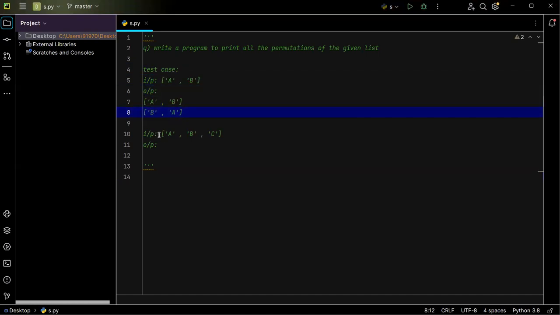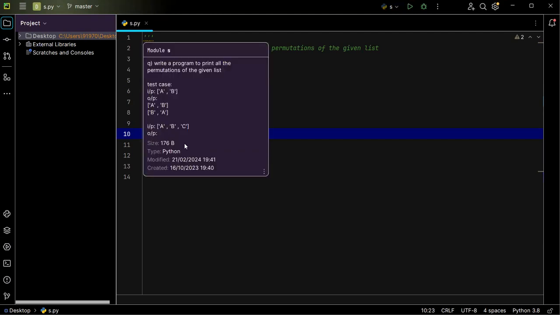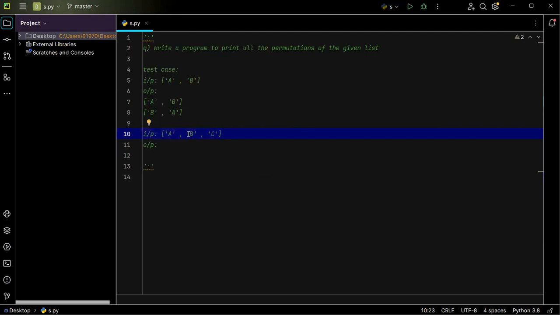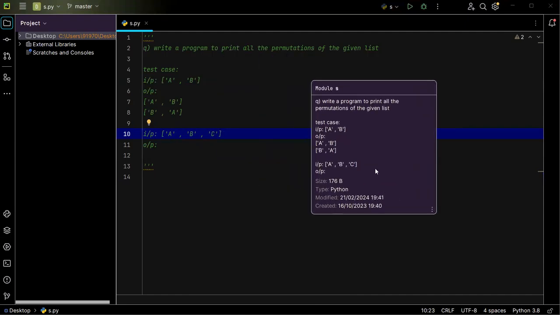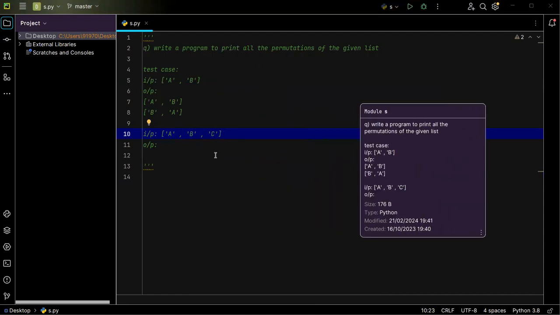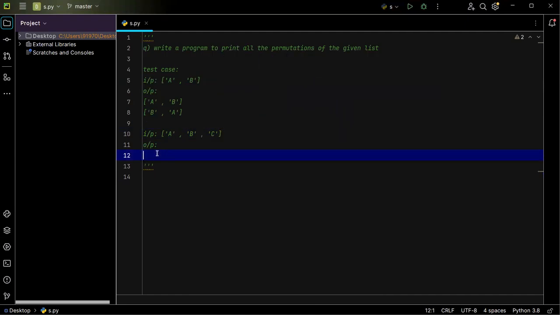So let us say they gave an input list which contains small a, capital B, capital C. These are the three elements which are present in the given list. Then how should my output be? My output should be capital A, all the permutations which are possible, capital B, capital C, and